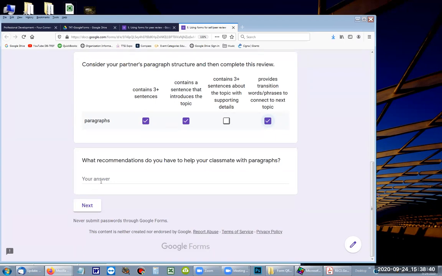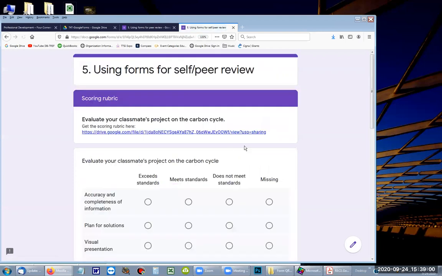And then what recommendations do you have? Work on supporting details, right? Because that's the one they didn't get. So that's a very nice and easy way to help students use rubrics to grade their own work. Now,